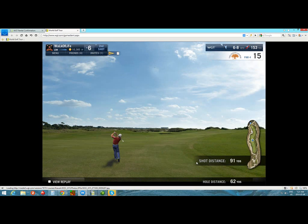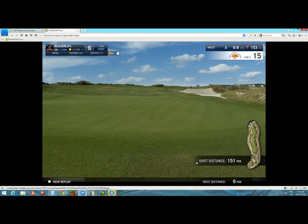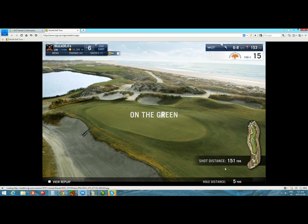And another severe miss. Late. It's always late too. That's the thing. Most of the time it's late. So I might have lost a little bit of yardage because I missed that one so bad. But